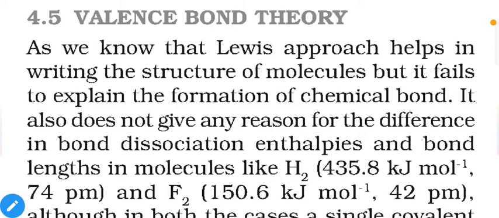In the previous theory, we can identify the structure of molecules depending on the type of electron pairs present around the central atom, but that theory still has some limitations. To understand other aspects of molecules properly, we have to develop a new theory, and it is already developed, which is called valence bond theory. So now let us see what the limitations are which lead us to develop valence bond theory.